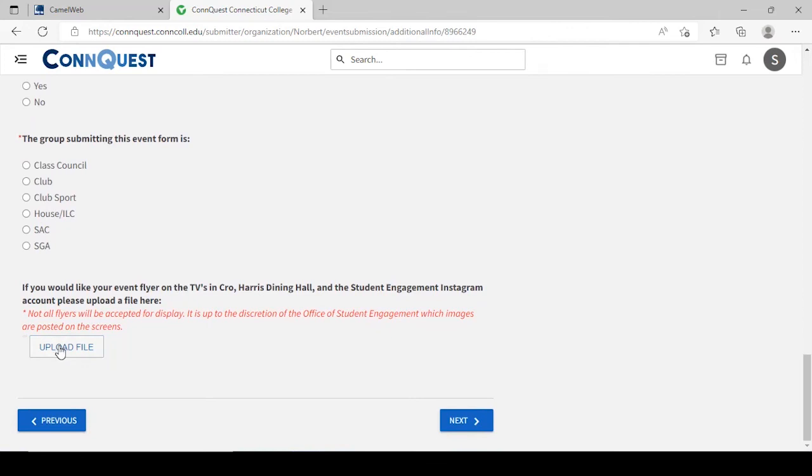This last part is very important. As some of you know, there are televisions in the Office of Student Engagement as well as in Harris Dining Hall that host the flyers for all of the upcoming events. If you want your particular event on the televisions, you have to upload the file separately other than the image. You have to upload the file here, and we'll be able to grab that and put it up on the